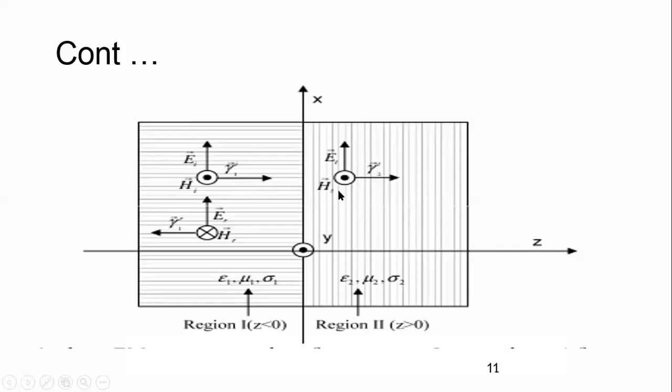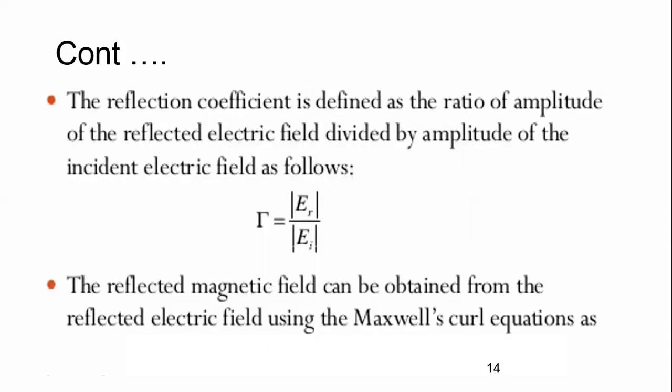See here, I is the incident, T is the transmission, and R is the reflection. So here is the ET, HT with its propagation constant, here the EI, HI, again with the propagation constant, and the third case is the reflection, that is ER, HR, and the propagation constant. So in this way, you can understand where my transmitted, my reflected, and my incident waves are going, the electric as well as the magnetic field, in that particular direction, that is nothing but the Z.